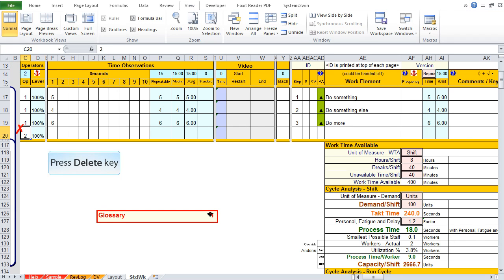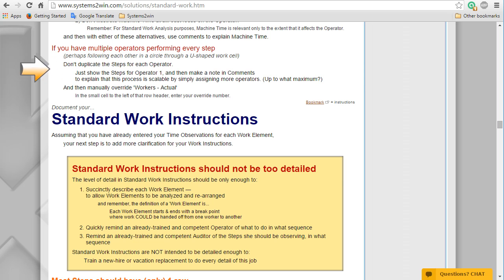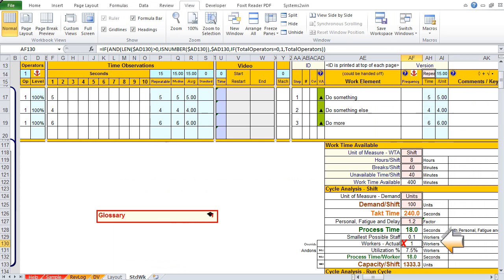But we don't want to do that. The instructions say don't duplicate the steps for each operator, just show the steps for operator 1 and then manually override workers actual. Now don't overwrite the number in the primary cell, because if you do, you're going to trash the formula. There's nothing to prevent you from shooting yourself in the foot if you don't know better.